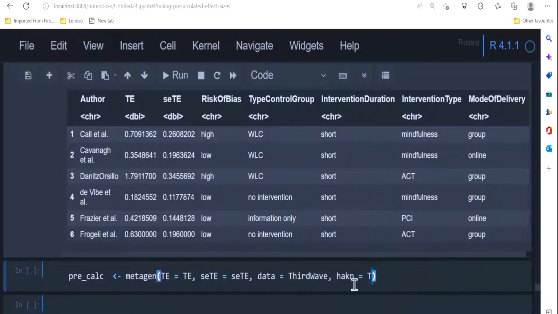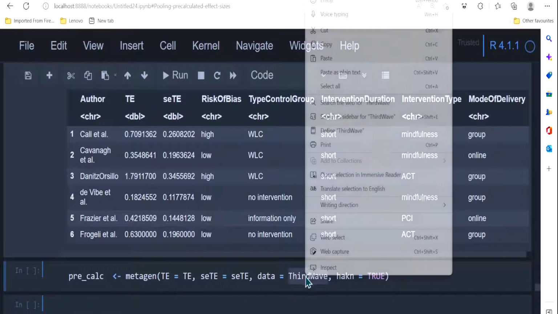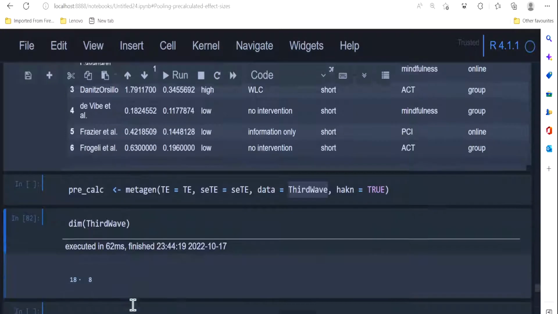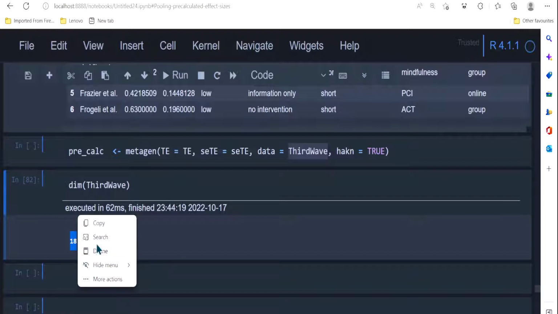It's recommended, if you don't have more than 30 studies, to use the Hartung-Knapp adjustment. But let's see how many studies we actually have for third web. Let me just see the dimension of this, and we have 18 studies. So 18 is not bad, but still